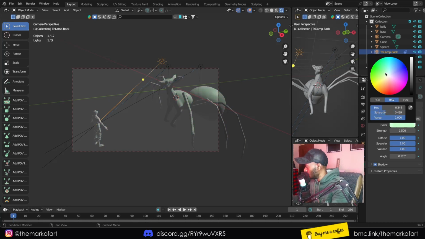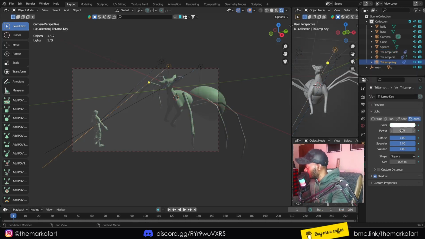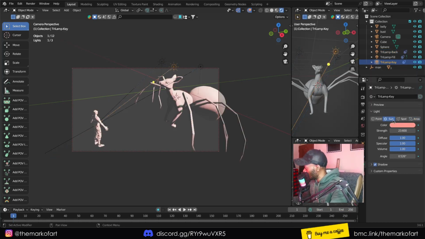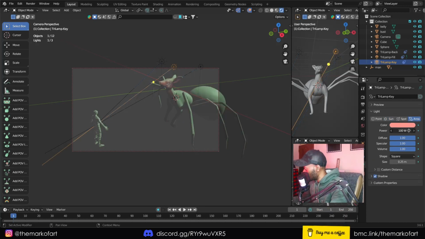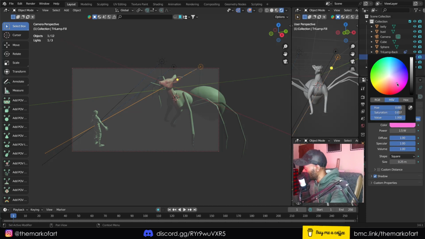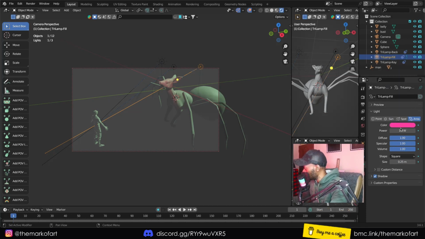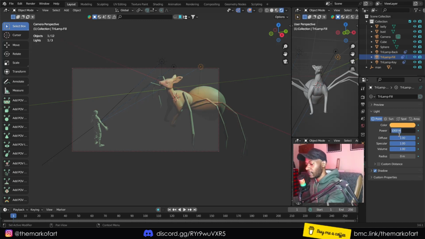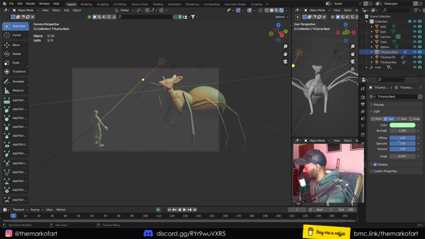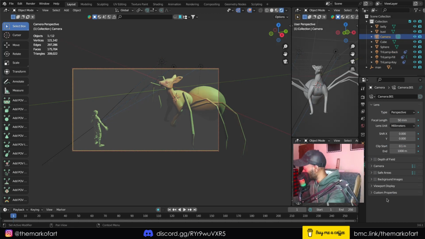Make it gloomy green. Let's make this and move it. Cannot move it. Okay, just add. Oh, we can. And then for this one, which color shall we use? Use this pinkish one and make it a point light, but at 1,000 watts or 5,000 watts. 1,000 is fine. Let's make the sun stronger, something like that, and go back to the camera to see the